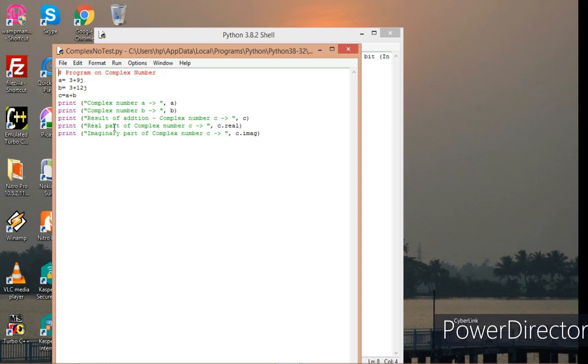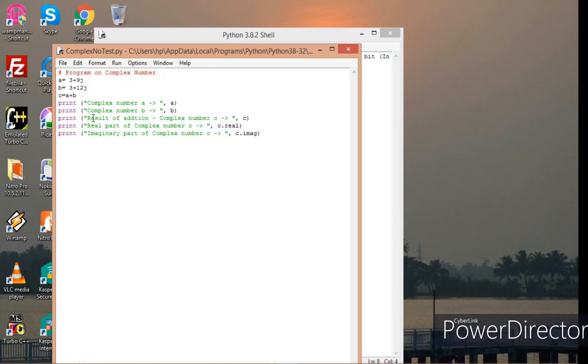And after that I just want to individually display the real part of c and the imaginary part of c. So I can do that also. I can individually access the real and imaginary parts.